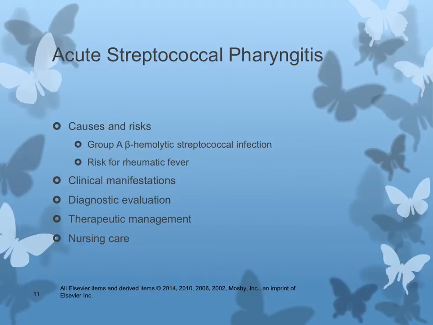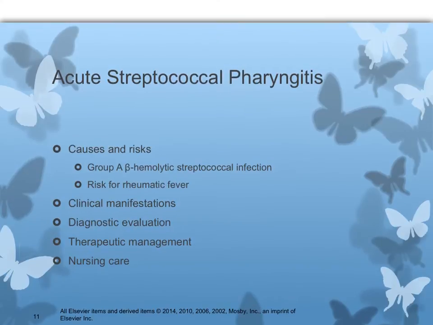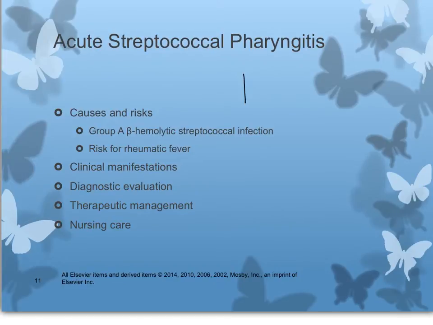So we're going to start with acute streptococcal pharyngitis. The big one that we're going to talk about is Group A beta-hemolytic streptococcal infection. This is also on page 1200 in your textbook, 40-3, where it does a comparison. So the onset is abrupt pharyngitis, headache, fever, abdominal pain, and strawberry-colored tongue. If this child has a fine sandpaper rash on the trunk, axilla, elbow, and groin, we're looking towards scarlet fever,